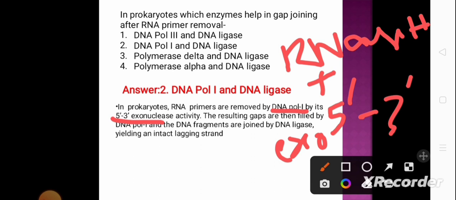Okay, so in case of prokaryotes, the RNA primers are removed by DNA pol 1 by its 5' to 3' exonuclease activity. Whereas in case of eukaryotes, the RNA primers are removed by RNase H plus 5' to 3' exonucleases. The enzymes are different between eukaryotes and prokaryotes for DNA replication. The resulting gaps are then filled by DNA pol 1 and DNA fragments are joined by DNA ligase, yielding